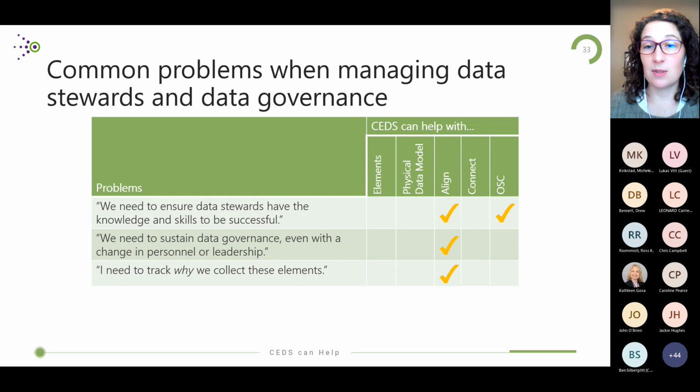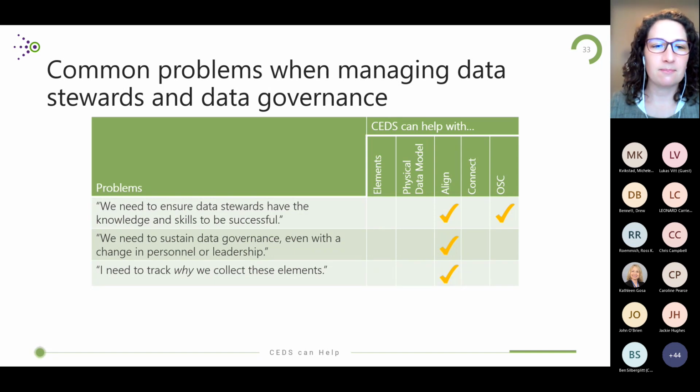So it doesn't have to just be your own information, but you could share it with other folks who need to know that information. Identifying proper stewards is a key component of quality data governance, and helping them keep track of the data elements that they're responsible for is easier said than done. But by assigning those individuals to each element, which is a data governance best practice, you can keep track of that in Align. You don't have to pay for a different tool. Again, CEDS is going to have some basic metadata that you can start leveraging right away, and it doesn't cost anything,